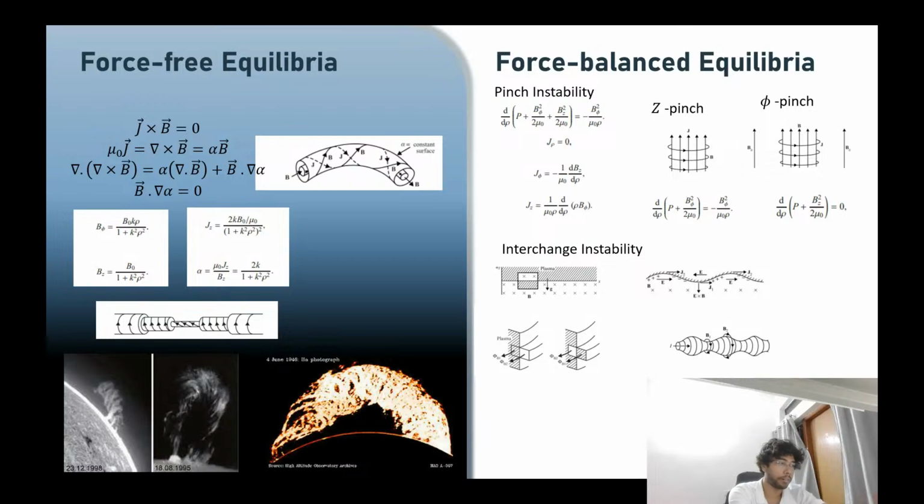So that was about the pinch instability. Now we are going to move into something called the interchange instability. So what happens here? I'm not going to derive this explicitly, but I'm just going to motivate this result. Initially we have a magnetic field in the direction into the screen,